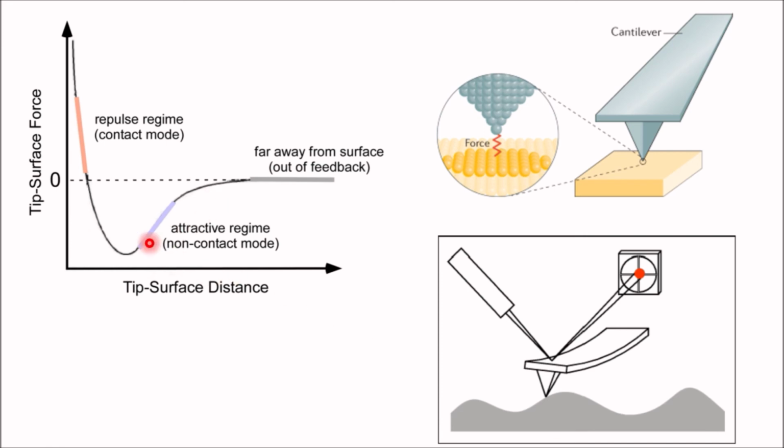In the non-contact regime, the cantilever is held on the order of tens to hundreds of angstroms from the sample surface, and the interatomic force between the cantilever and the sample is attractive due to long-range van der Waals interactions. In this mode, the cantilever vibrates at a constant frequency. To keep the resonant frequency during scanning, the Z scanner has to adjust the height of the cantilever. Such adjustments can be recorded by the computer to create the image.